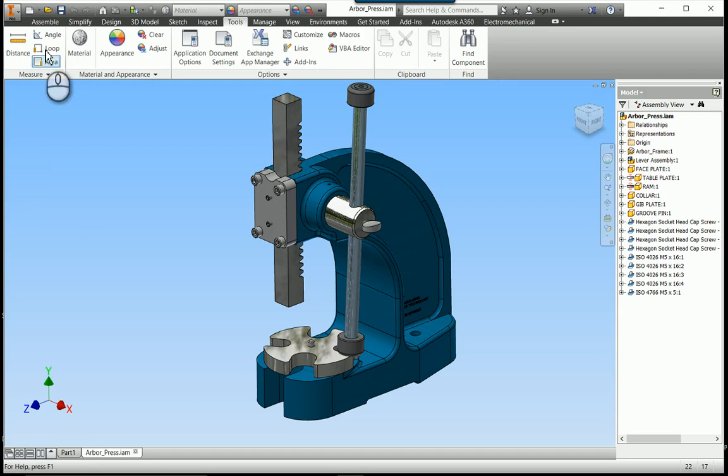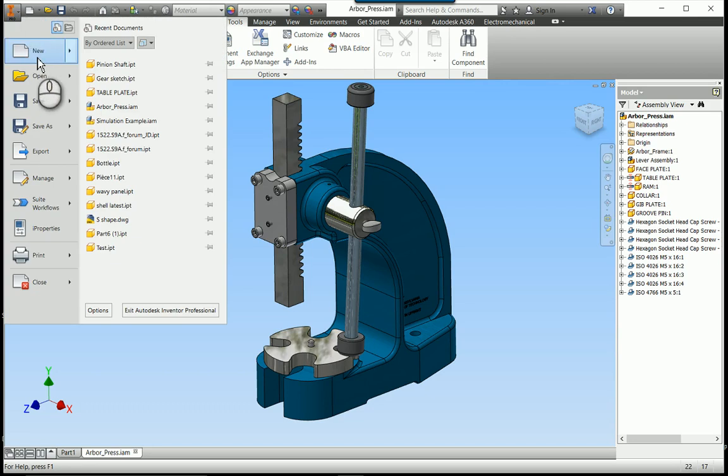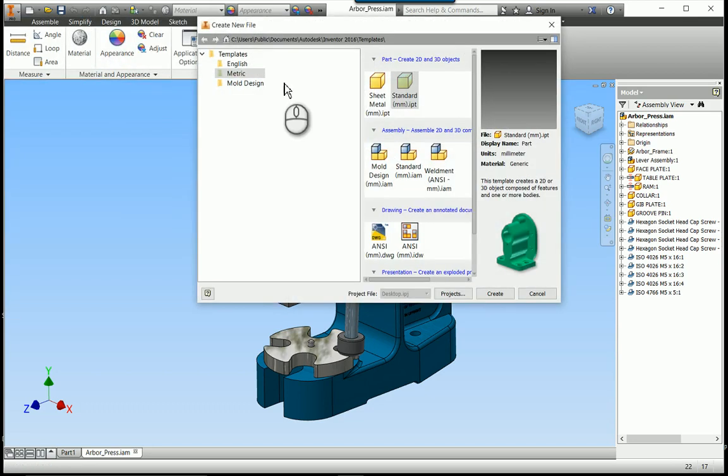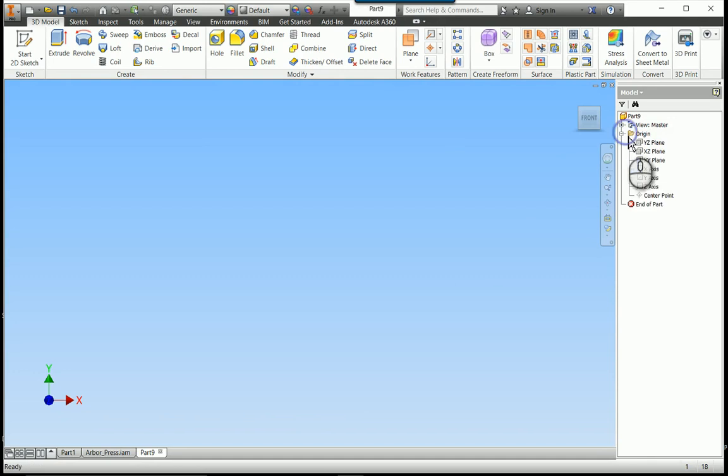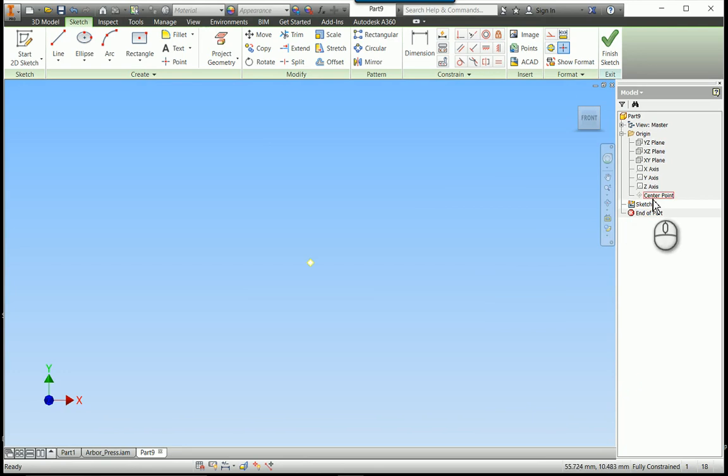I want to look at another issue in creating feature patterns. So I'm going to start a new metric part, and I'll start my first sketch on the XY plane. I like to turn on the visibility of the origin center point, and I'll start to sketch some geometry in